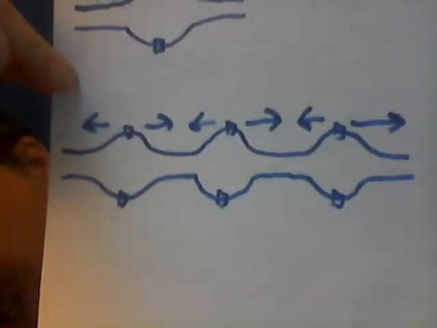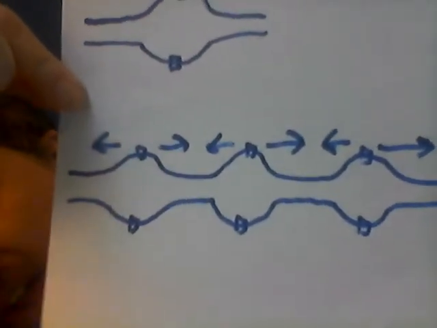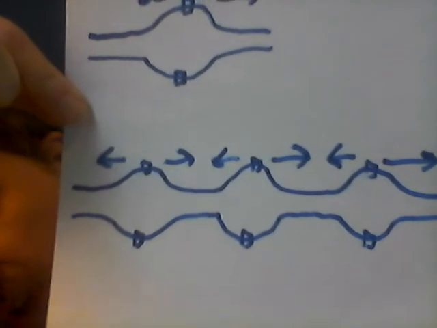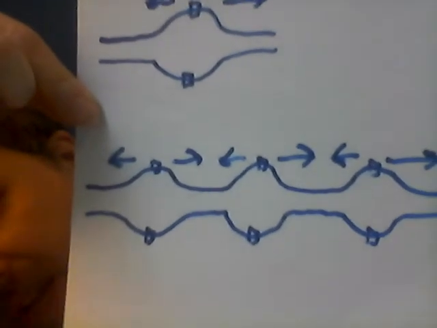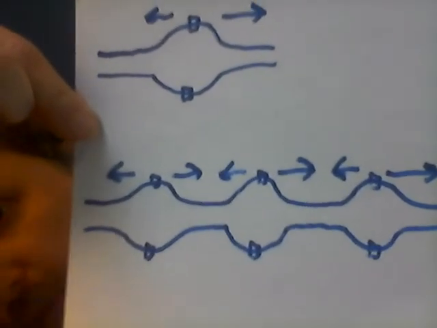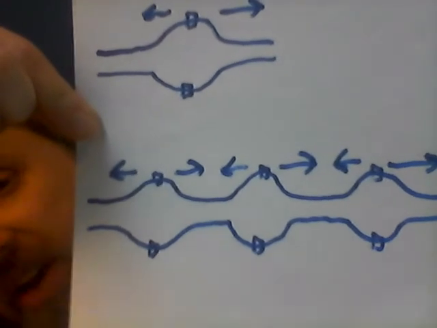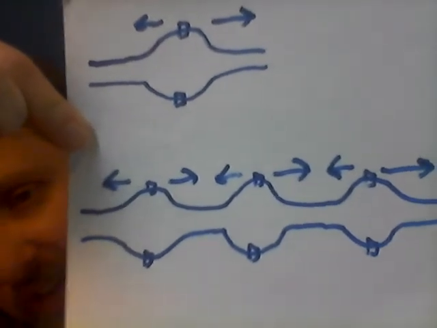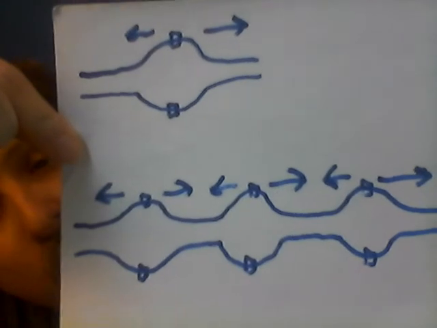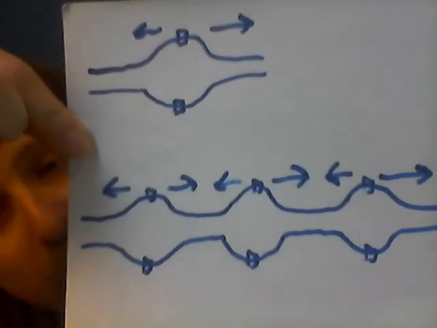This is more what your DNA is going to look like. Rather than having a single origin of replication, there are going to be multiple origins of replication along the length of the strand. As a result, the process of replication is going to be happening starting from multiple points on the DNA at the same time. You're going to have this whole process going on, not just from one spot, but from several spots,